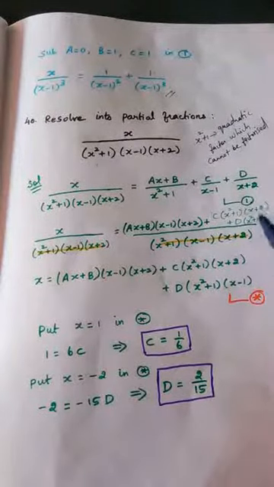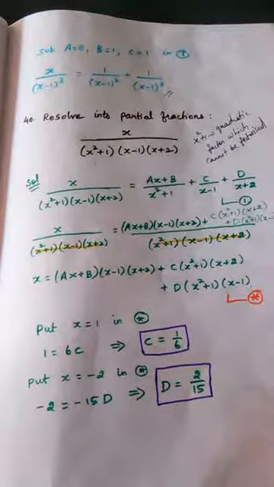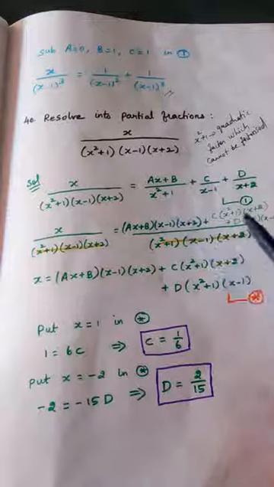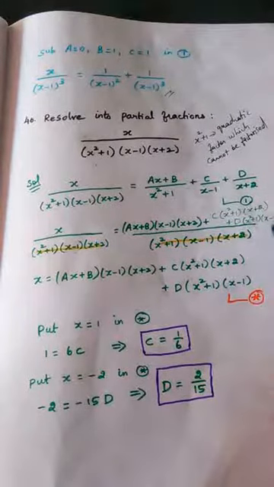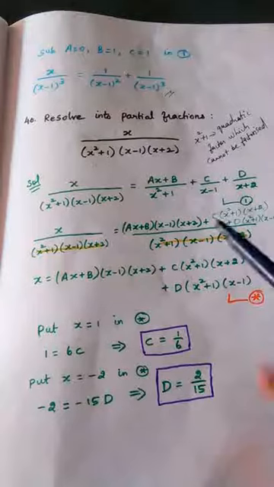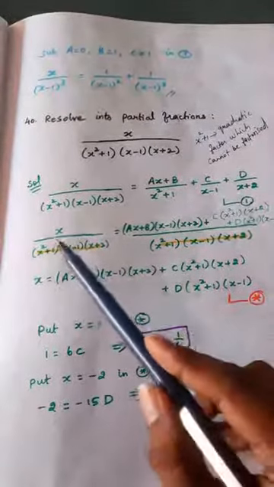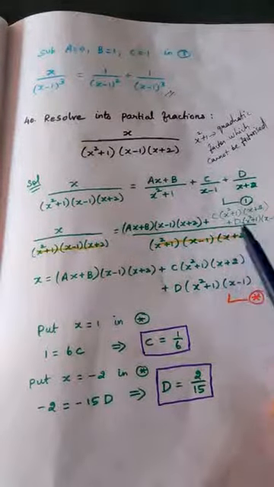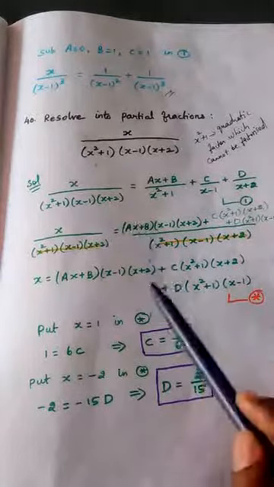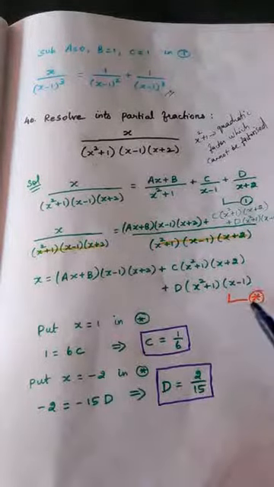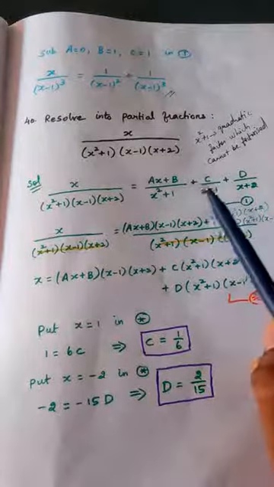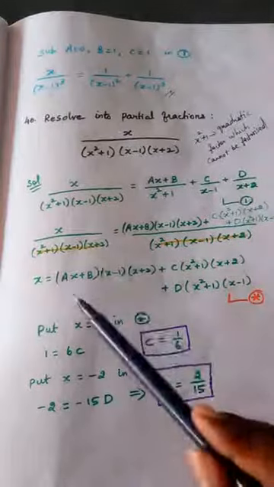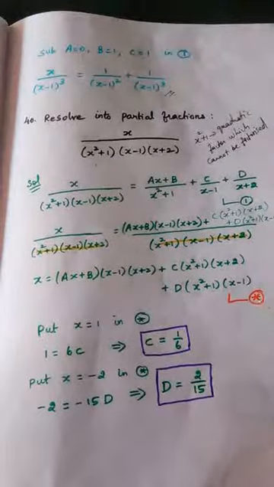I have written here in small letters. Just try to see, plus D is x plus 2 is present, so these two are absent. So with D, these two will come, x square plus 1 and x minus 1. Same thing: cancelling the denominator and writing the numerator alone here. C and D are written, and this entire thing is present here. This is taken as star, and this is the first step that we are splitting into partial fractions. That is taken as the first equation. After cancelling the denominator, the numerator we are getting is taken as star.